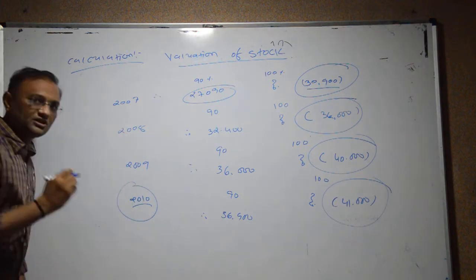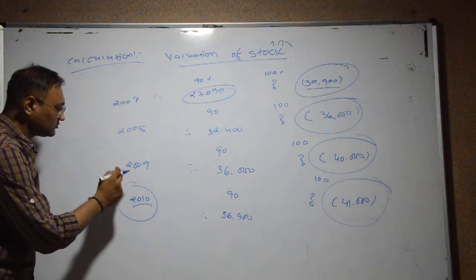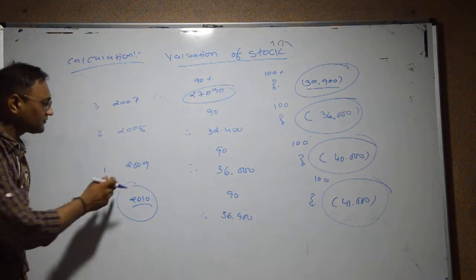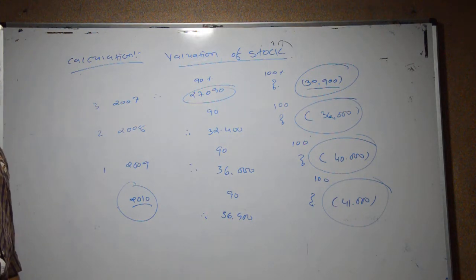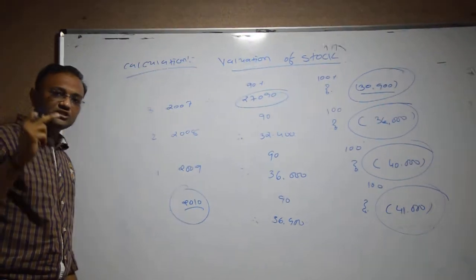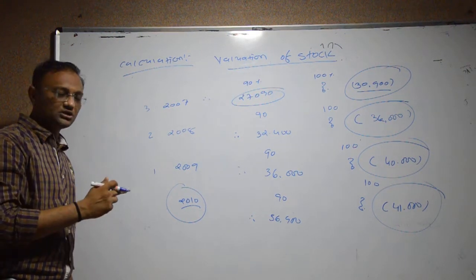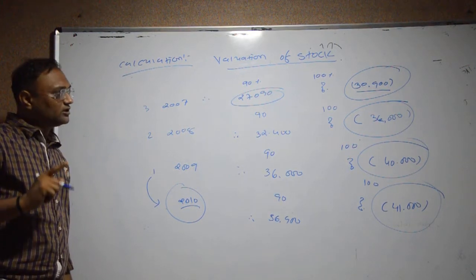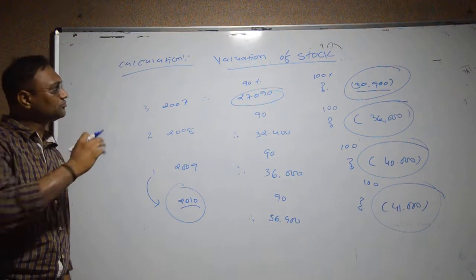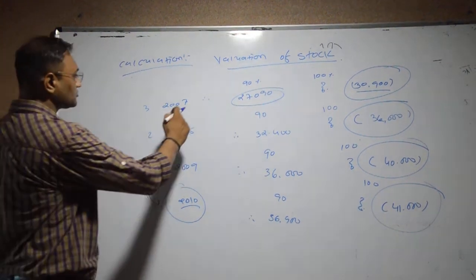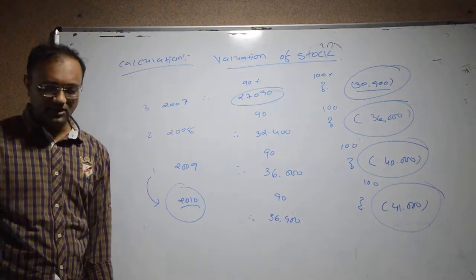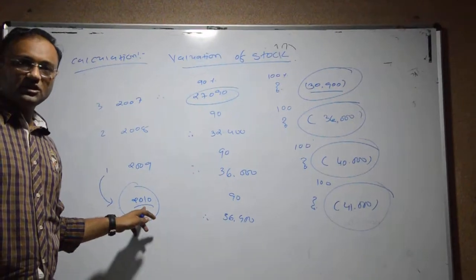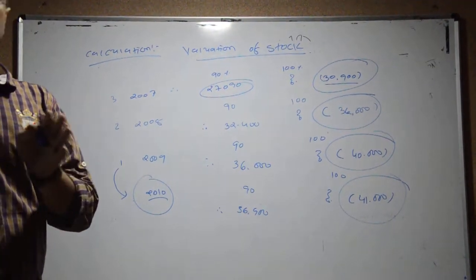Again, the fire occurs in 2010. Clear? Before this year, three years of data are given. With the help of these three years' data we will find the actual rate of gross profit, and the rate we get at the end of the calculation will be applied to 2010, the year of fire. So in the second part we will continue with the trading accounts of 2007, 2008 and 2009, and then calculate the 2010 trading account, the year in which the fire occurs.